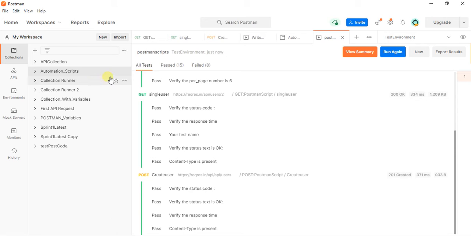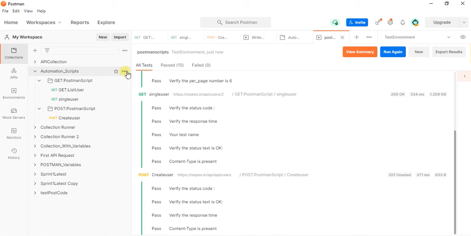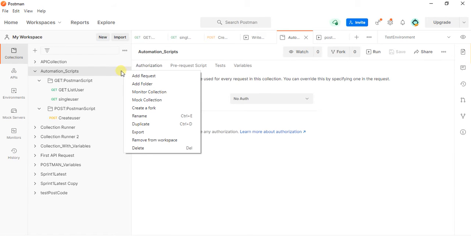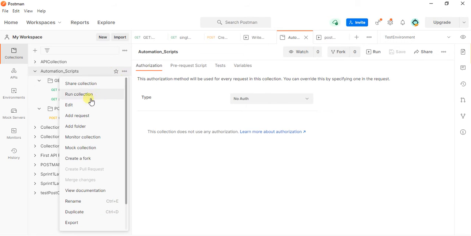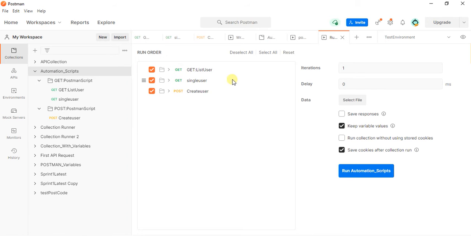So usually we are running this automation script in a collection runner. So here a Run collection option is there. So normally we are running this collection.